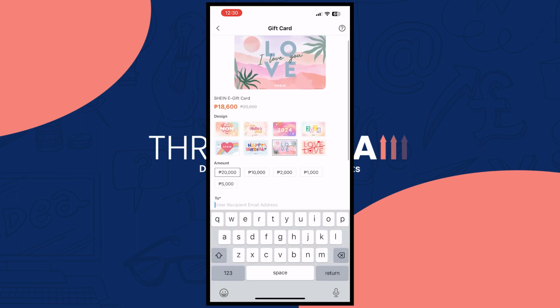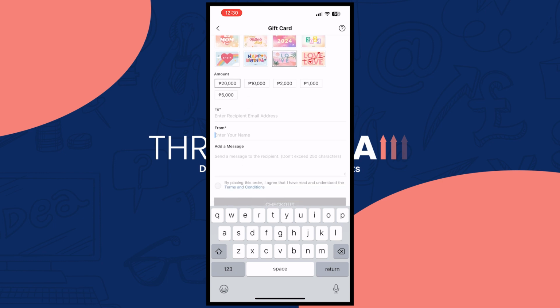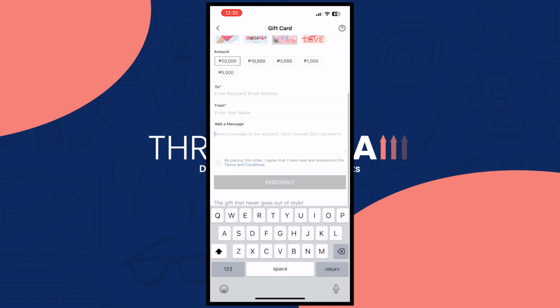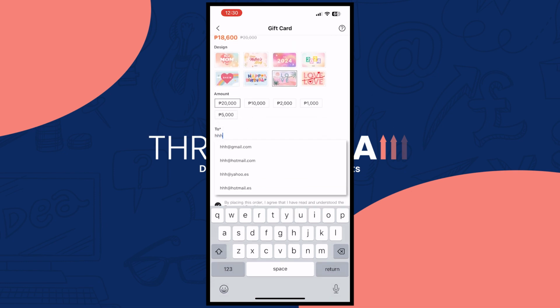And then you can also enter the recipient email address if you would want to give this already to that person, and then your name right here so that they would be able to know that it is from you. And of course, you can also send a message right here. You can put a message, but it is only limited to 250 characters. And then once you're done with this one, all you have to do now is agree to the terms right here. And then you want to proceed to check out right here, but we don't have these